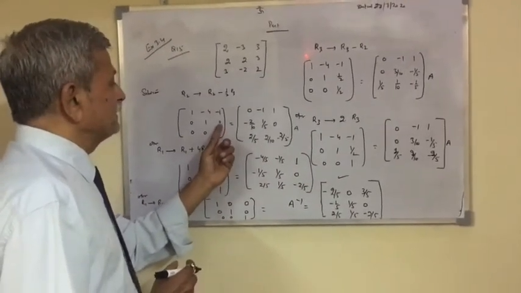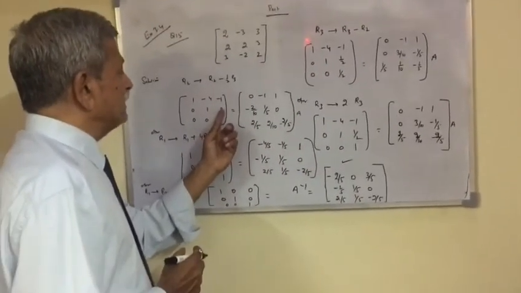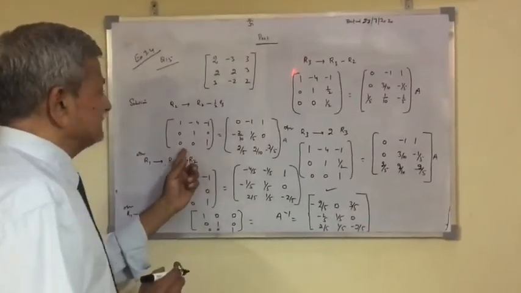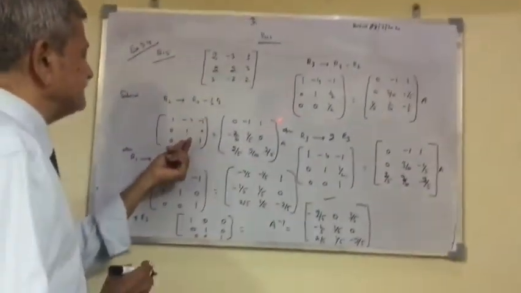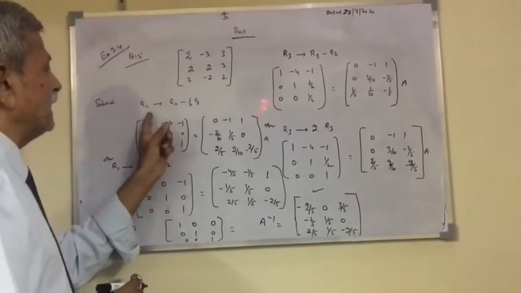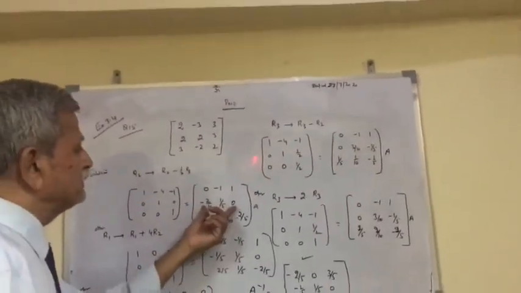So here, the A23 element goes to 0. Now you have to use the same 0 0 1 as it is, meaning your first row as it is, your third row as it is, and your only change will be in the R2 operation. And similarly you can do this in these operations.